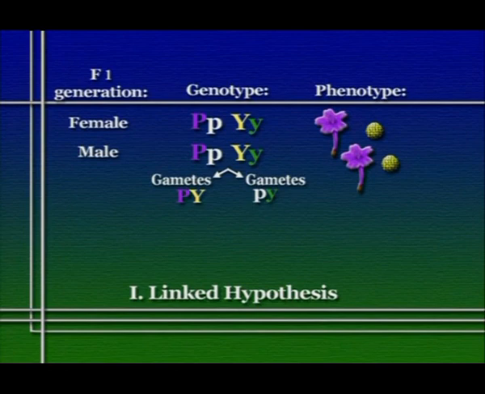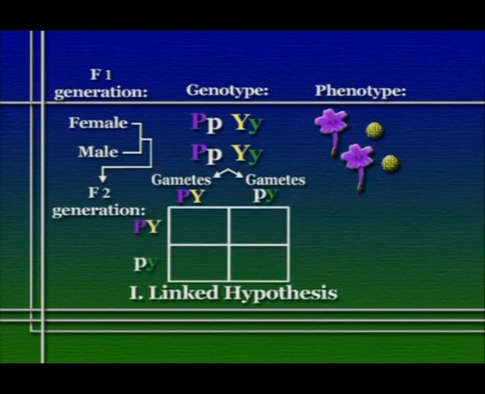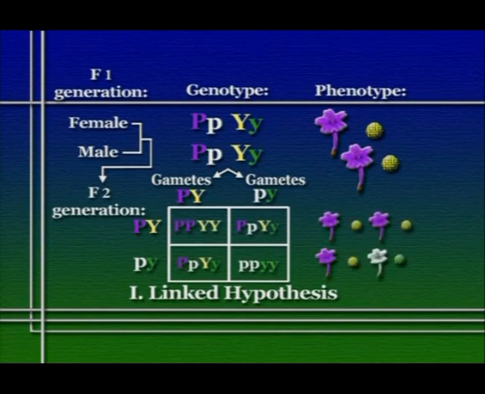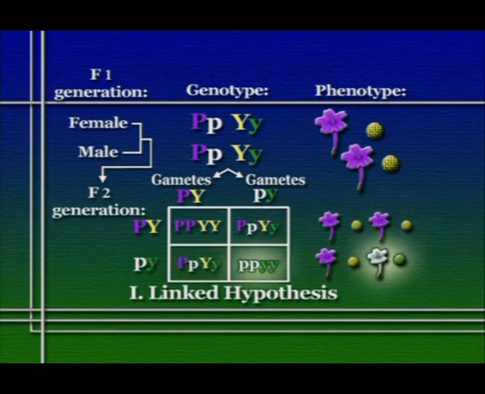Now, if this were the case, if the F1 individuals could only produce two kinds of gametes, then what we would expect in the F2 generation when we cross them would be pretty clear. We would have a four-celled Punnett square, as we did last time, that would yield only the same two phenotypes that we saw in the parental generation. Furthermore, we would have only purple-flowered, yellow seed individuals, which could be homozygous for that dominant trait or heterozygous for both traits, or we could have individuals that were homozygous recessive for both traits, and those would have white flowers